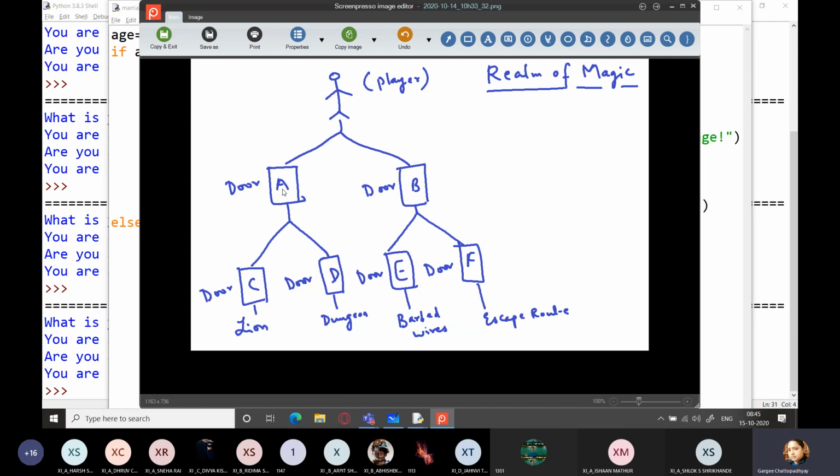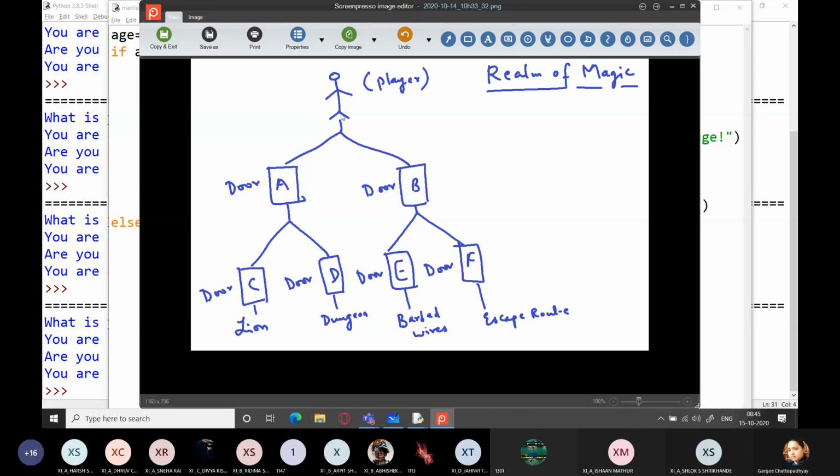So you choose door A, and if you choose door A, you have to again walk through a path and you'll come across two more doors, C and D. If you choose door C, there is a hungry lion who is sitting behind the door and he'll eat you up, right? And if it is door D, you won't die, but you will get trapped in a dungeon. Okay.